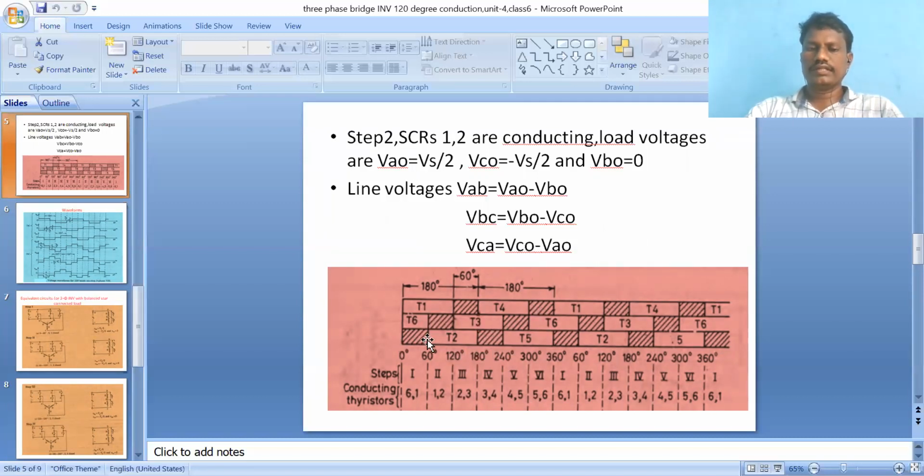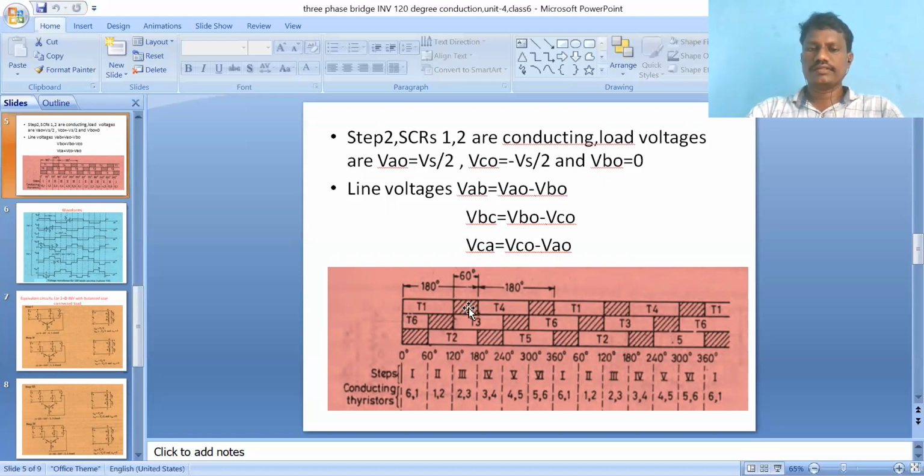Then the third limb, the third phase. With respect to phase A, it has a 240-degree phase displacement. It starts at 240. The third limb consists of 2 thyristors, T5 and T2. T5 starts, and 240 plus 120 gives 360. Up to 360, T5 conducts, which means each thyristor's conduction period is 120 degrees. Again from 0 to 60 of the third limb, nothing conducts. Then from 60 to 180, T2 conducts.